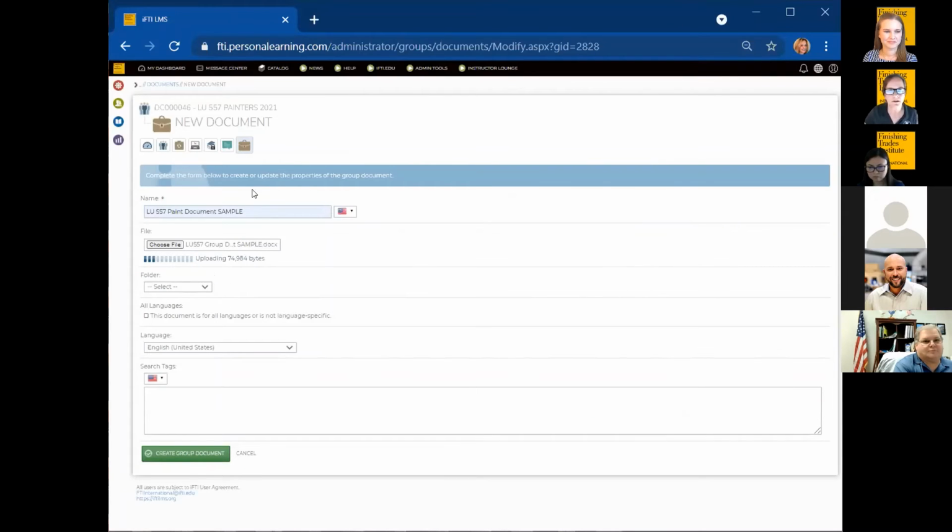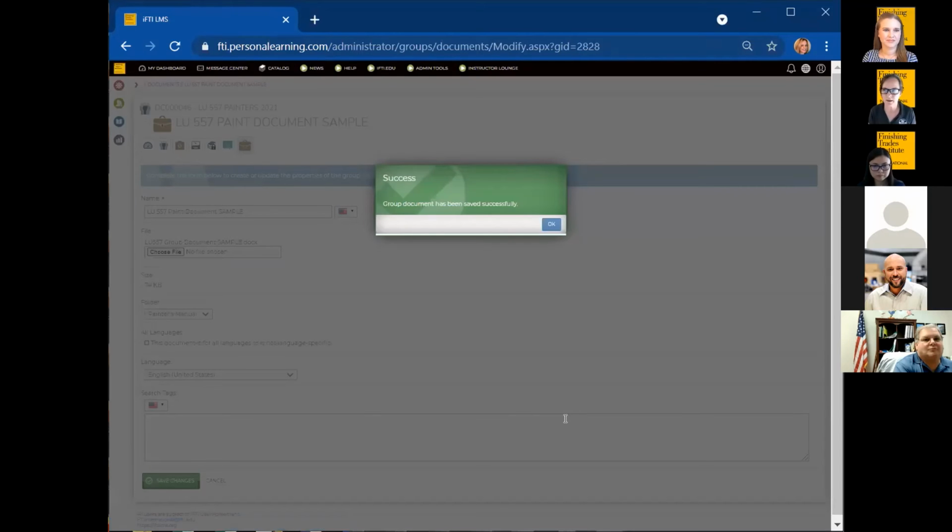And then here is where you select the folder. So if you have multiple folders created, then you just click which folder you want that document to reside in. And again, you can use search. And then click create group document. And now that document is available to that group member. It'll also be in the documents list on your dashboard.